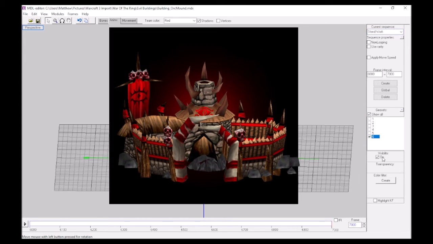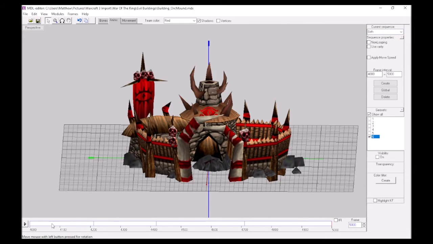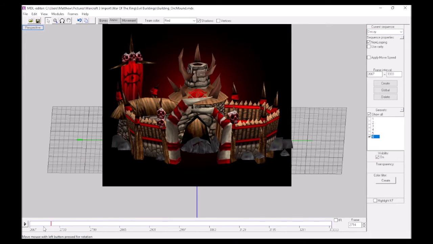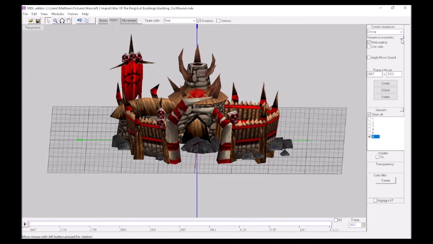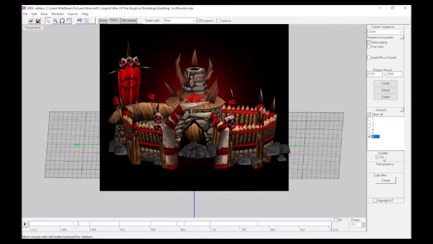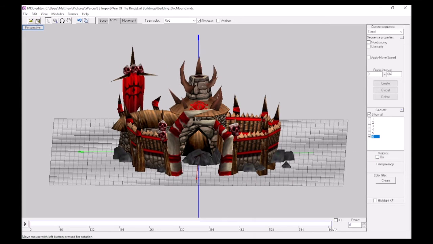I'm going to go to stand work, disable it on stand work. There we go. Disable it on birth. Disable it on decay. Basically, absolutely everything that isn't marked with portrait. Okay, now if I save that,